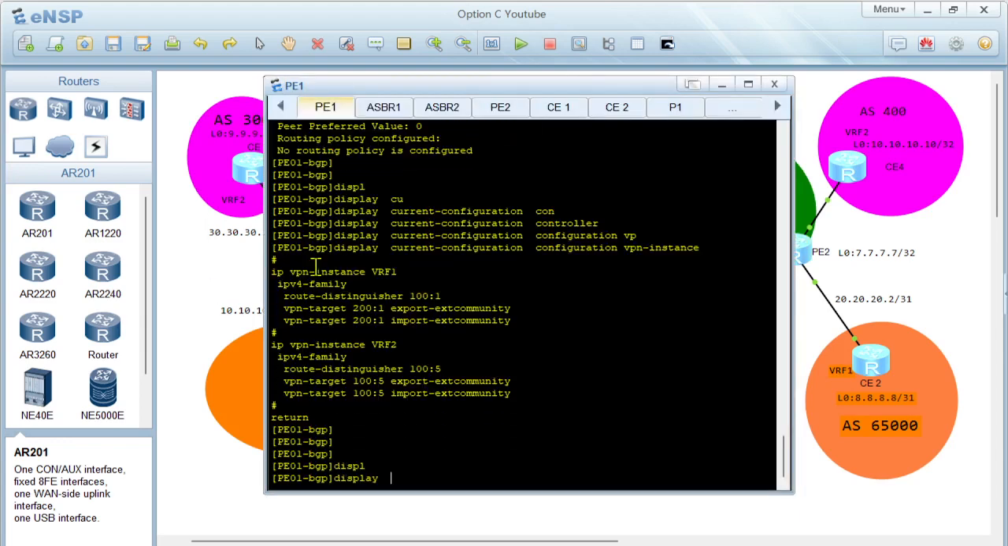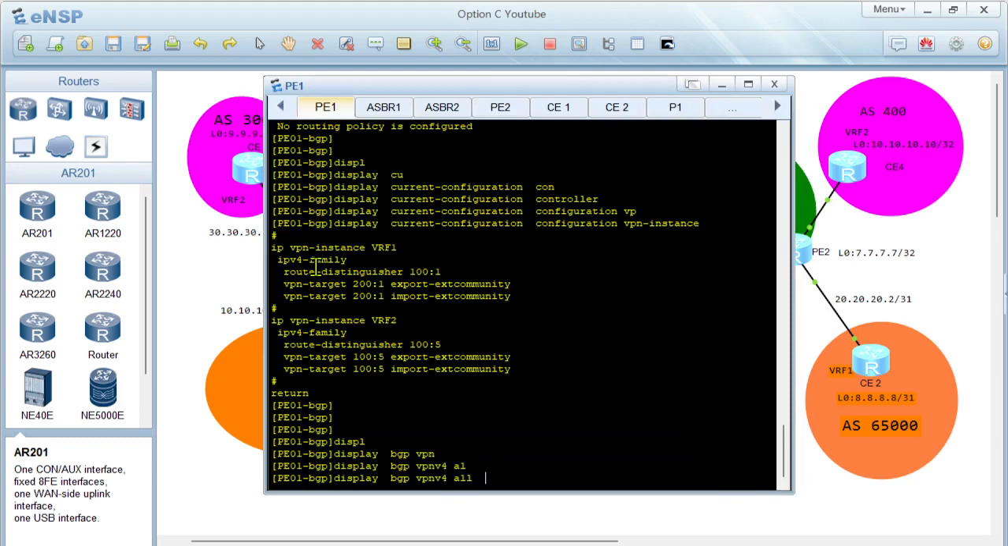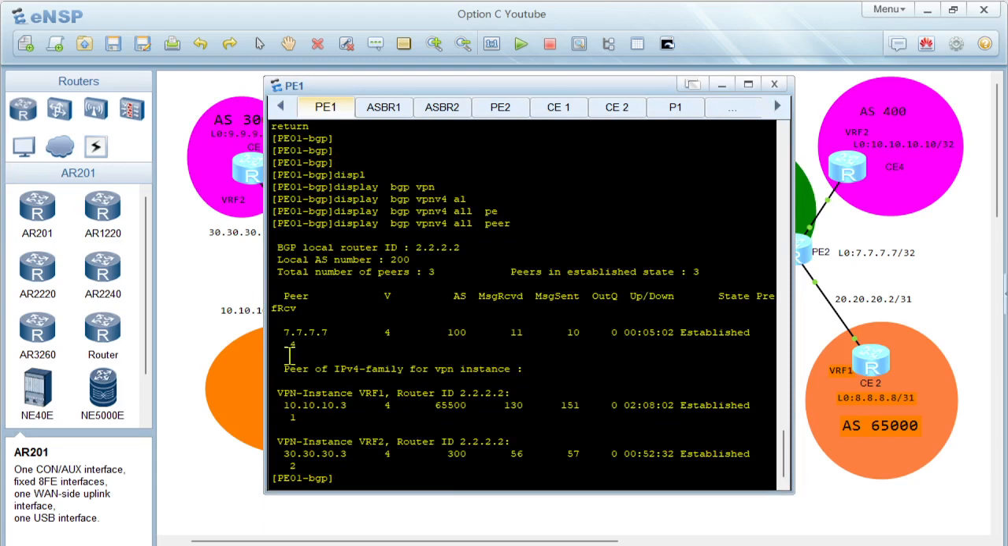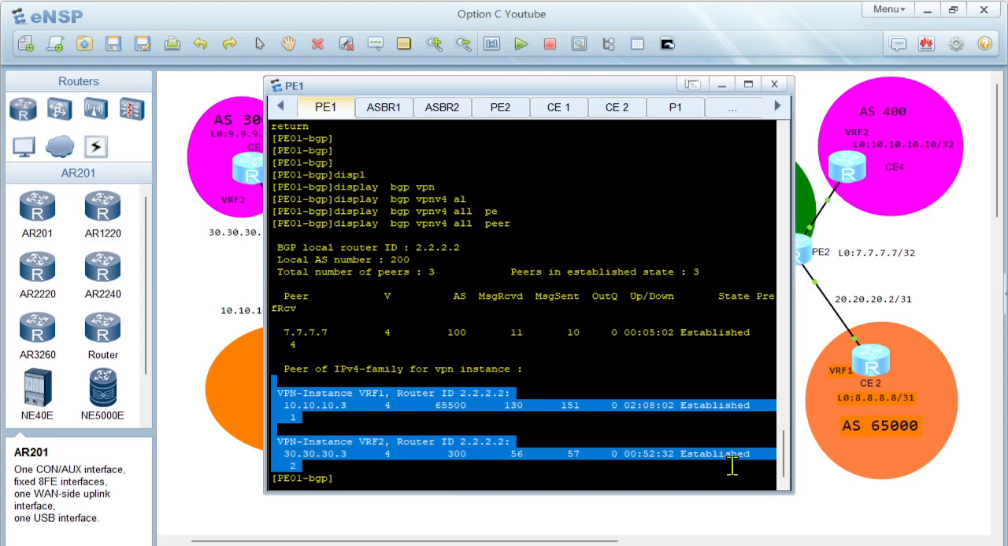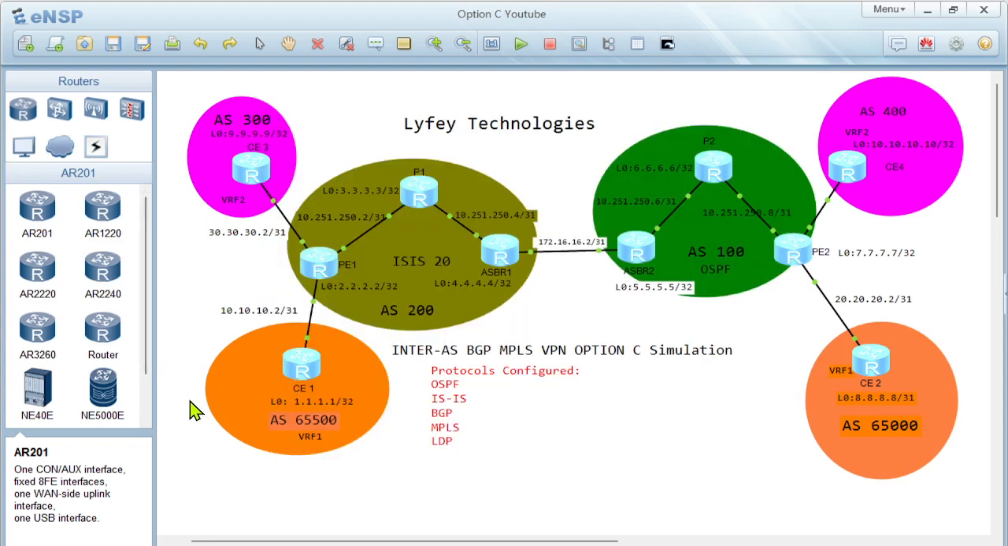On P1, we can also display BGP VPNv4 all peer. We have a BGP session established in VRF1 and VRF2. So we have completed our configurations. Now we just need to,